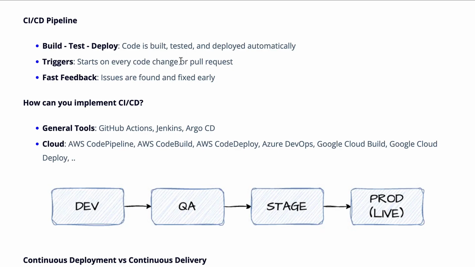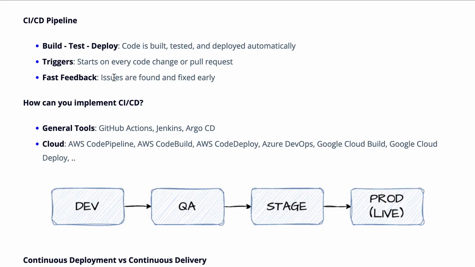Some projects also trigger CI pipelines on pull requests. When there's a code review request, you want to make sure that the code is compiling and the unit tests are passing, and you'd want to make that detail available as part of the pull request to do the code review. Let's not really worry about it for now. For now, let's assume that it starts on every code commit. Whenever code is committed into version control, that's when the CI or CD pipelines are triggered.